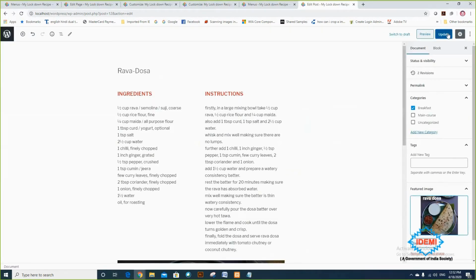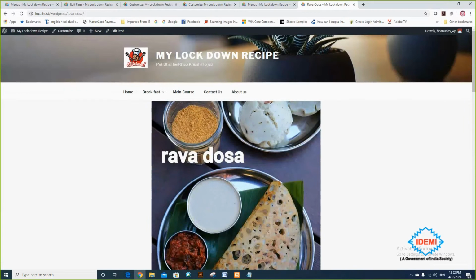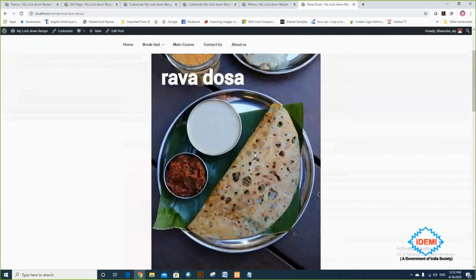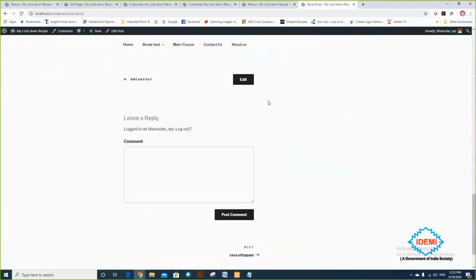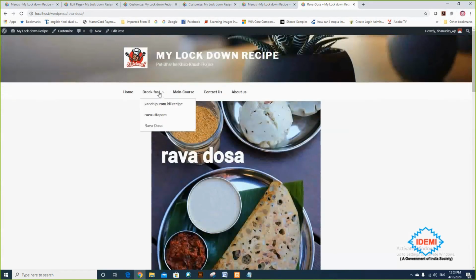Now updating it. So now the image is inside it at the time of view post. So I click on view post here. So now it's appearing, the Ravadosa image and all of that stuff. Okay, and at the bottom there is a comment because it is a post, but I am calling this post to the breakfast as a menu.